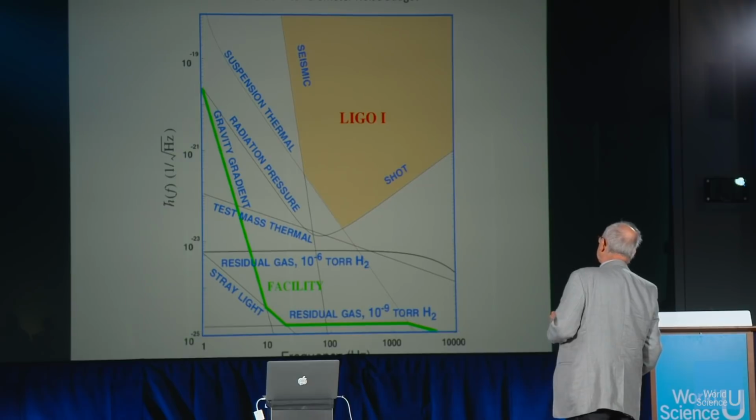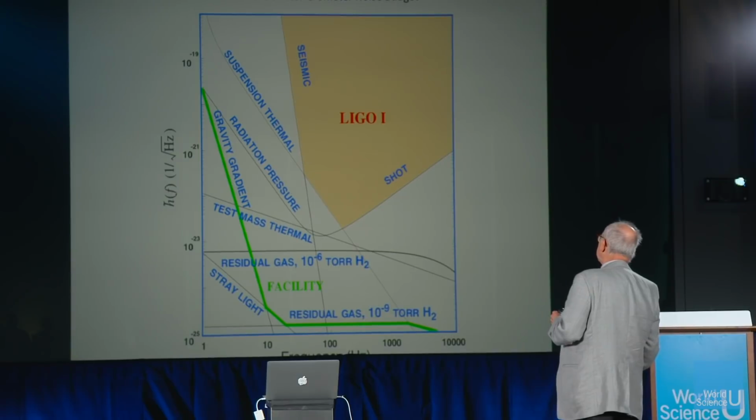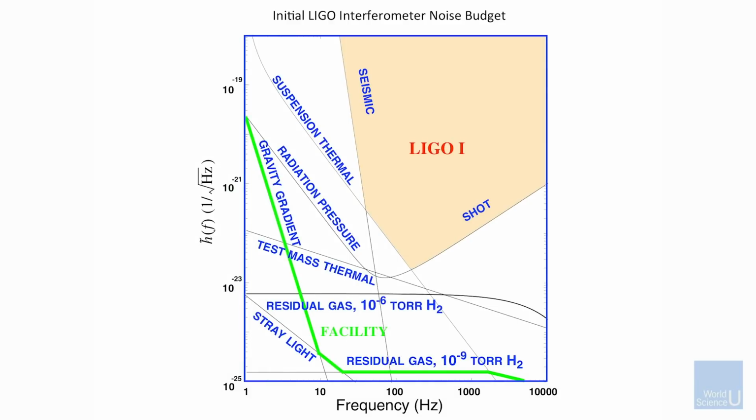And so now, here's the remaining noise, the noise that made things expensive. You needed to evacuate that. And then here's a noise which is the reason why, and I'll explain that in a second, if you want to improve this whole system and go to lower frequencies, you want to build this in space. And this is a noise which is not so obvious. Let me just quickly say, you can do a very good job of getting rid of seismic noise because you have a wonderful reference. It's called the inertial frame. Newton told us all about that. You can always measure your motion with respect to the inertial frame. And you use that as a way of getting rid of the noise of the Earth's accelerations.